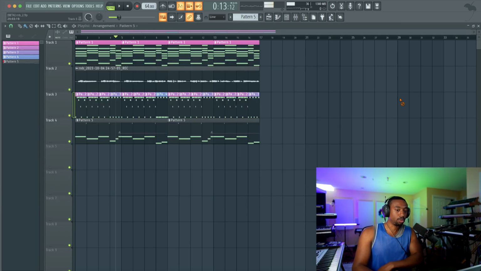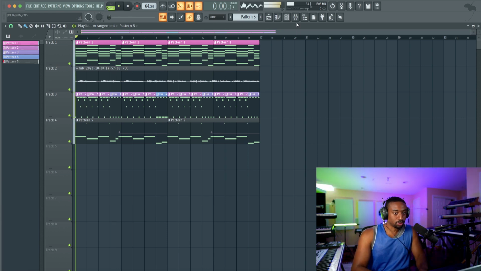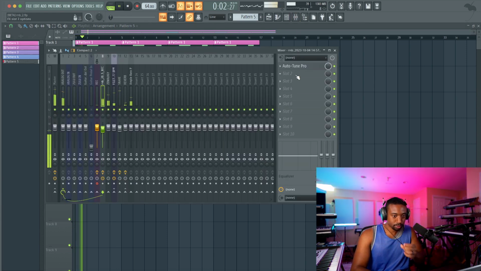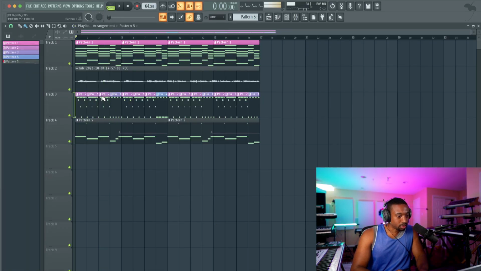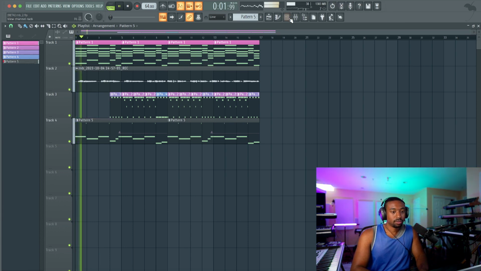But on Waves Vocal Bender, you could actually add that formant filter to your vocal. Take out the drums. Drums are doing too much.